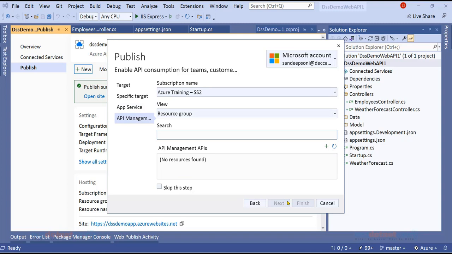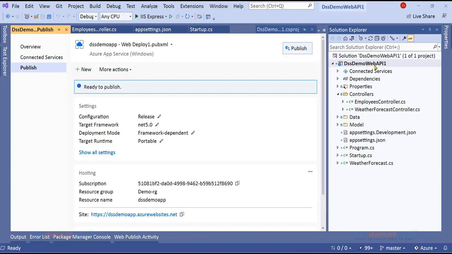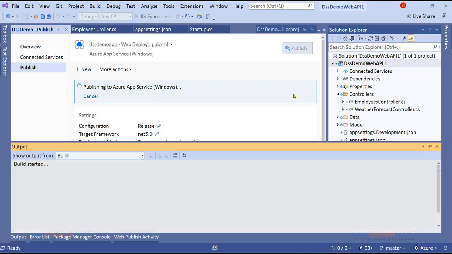And next, it's something to do with API management. I'm not interested. You can skip this step. So now I'm publishing the entire web app. It's not a web app actually, it's a web API to be precise. But the same thing is applicable even if it is a web app. So now publish it. Only the web application is getting published. And this web application will not be able to access the database running on my machine. Quite simple, there is no connectivity.